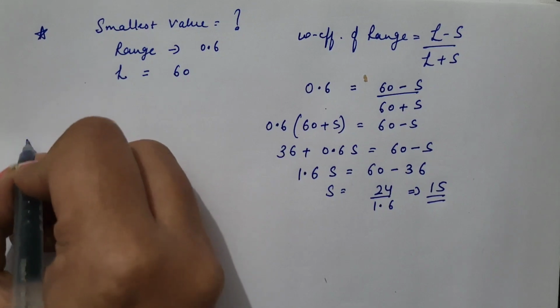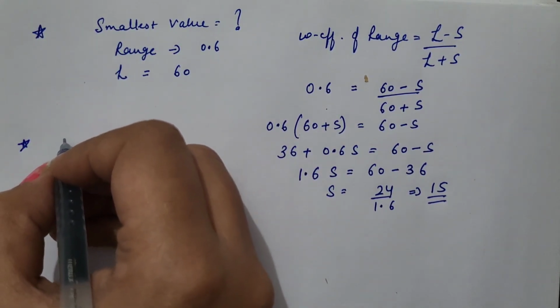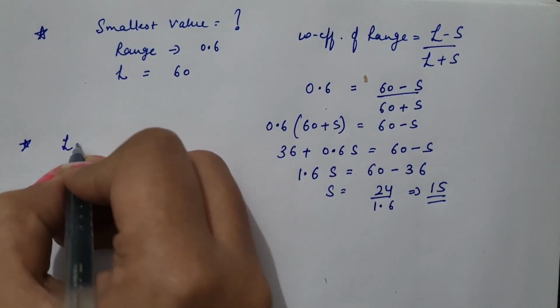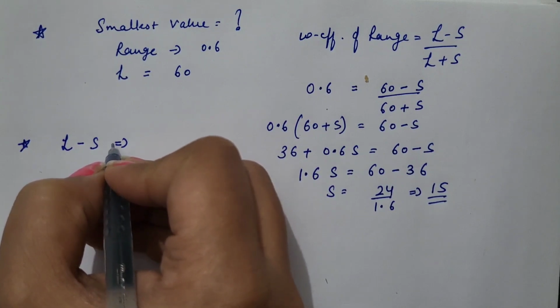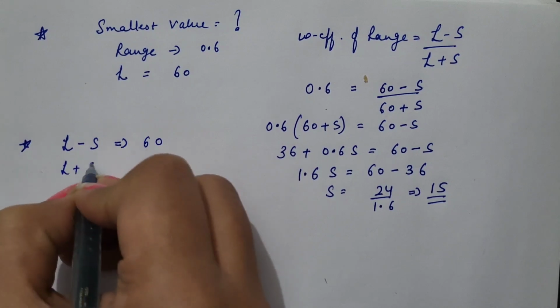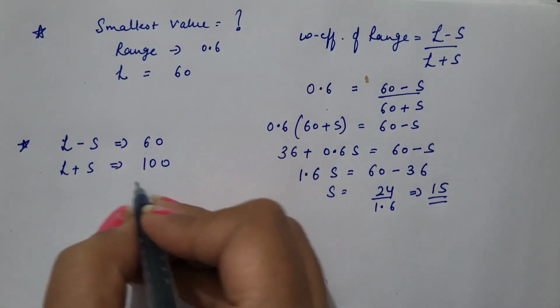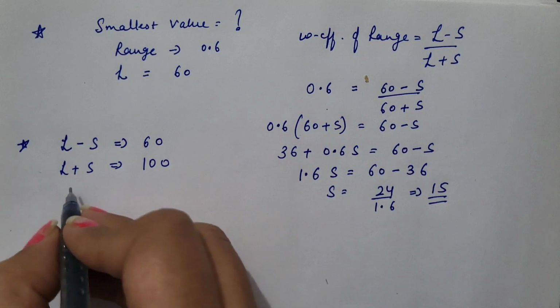Same as one more example where difference and sum of largest value and smallest value is given. स्मॉलेस्ट और लार्जेस्ट वैल्यू के बीच में जो डिफरेंस है दैट इज 60 एंड उनका जो सम है दैट इज 100. सो इफ वी नीड टू कैलकुलेट all the smallest and largest value, then we can solve it just